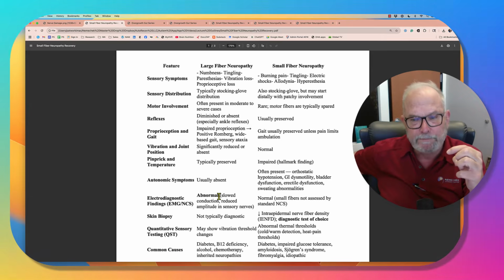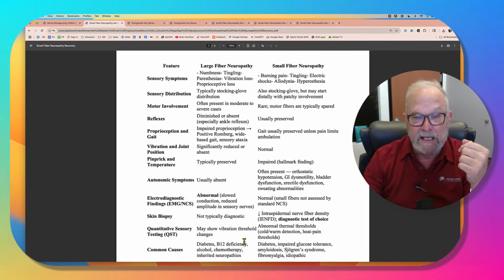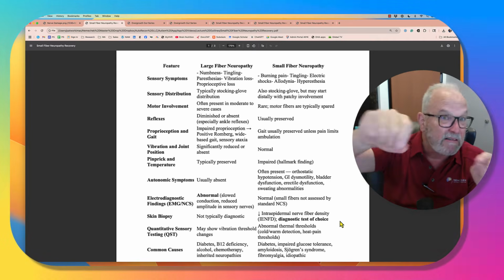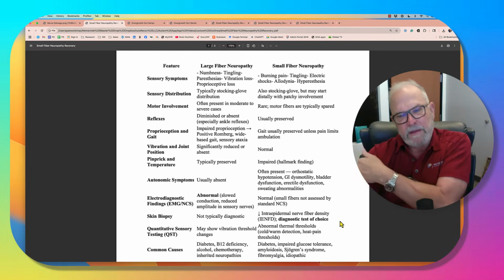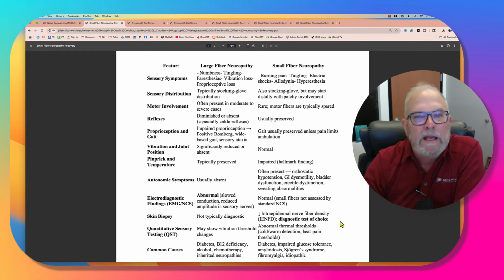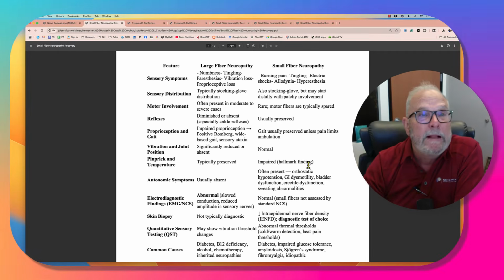Now the primary test for small fiber neuropathy is a skin biopsy. Often they do it about 10 inches above the ankle. They do this one particular place, but they might do it in the upper arm as well if that's predominantly where your symptoms are. So there are differences between these two. You don't need to know them in particular, just that they are different. And now,